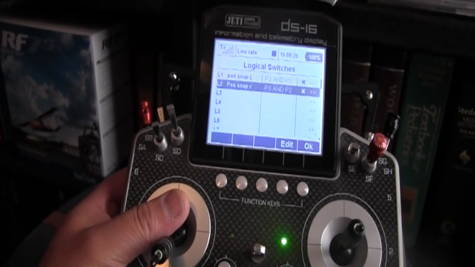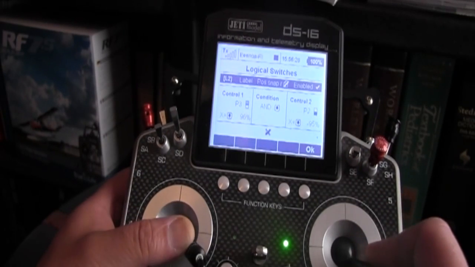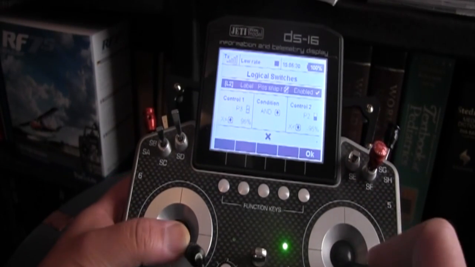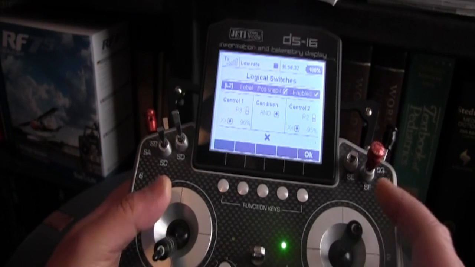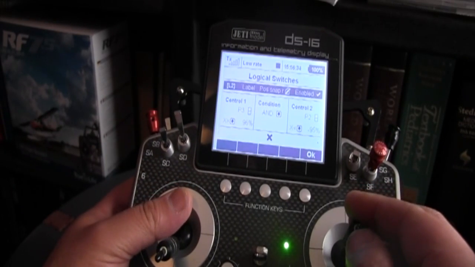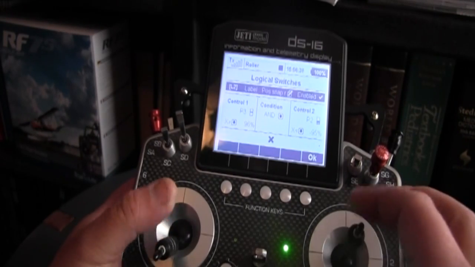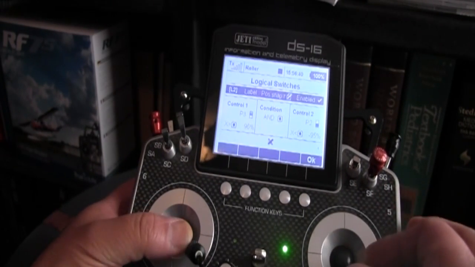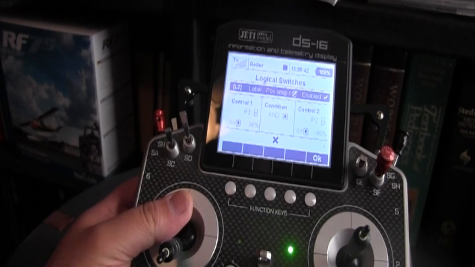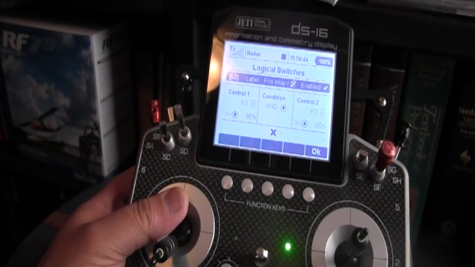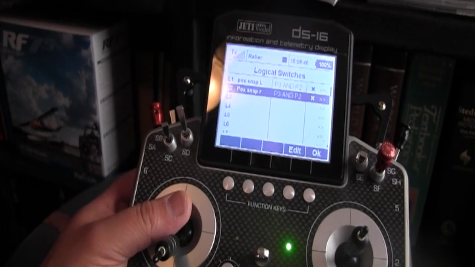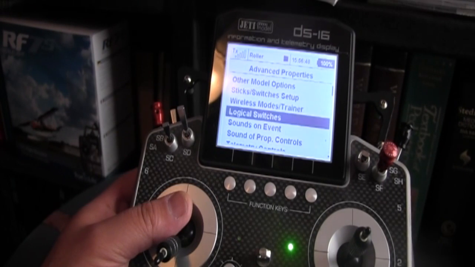So now we go to positive snap to the right. You can see this. Once I get it in that extreme movement, low rates does come on. However, if I'm in roller rate, even though it demonstrates that, we'll show how it does not activate it when we go back. So basically you set up your logical switches,